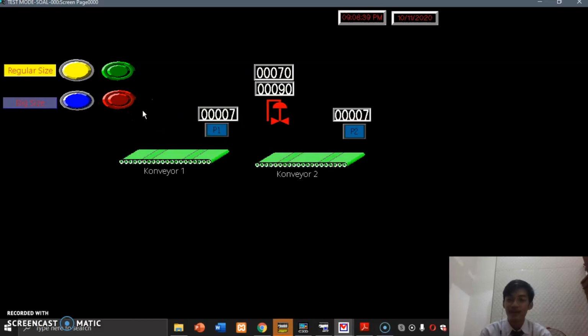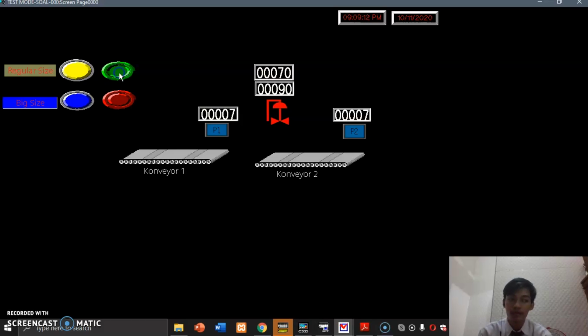And then I will try to select the big size. Like the rule in regular size, big size has the same rule, and I will try to press the start button.